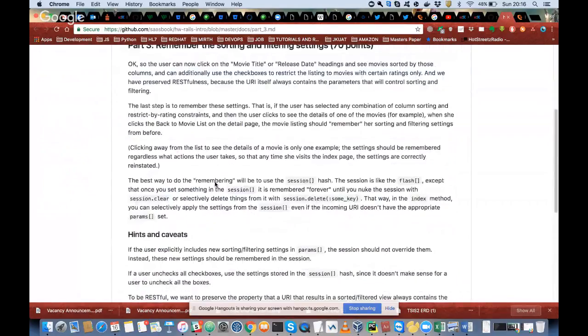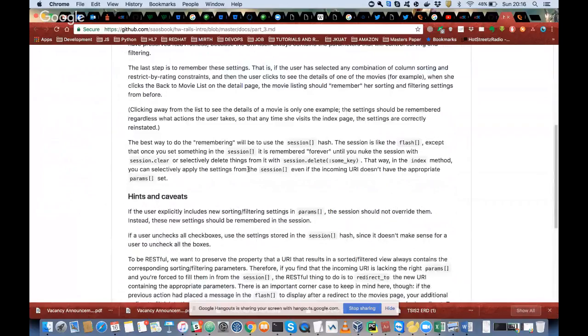Okay, so I think what I get from the reading is that we are supposed to use the session hash to store the content of the